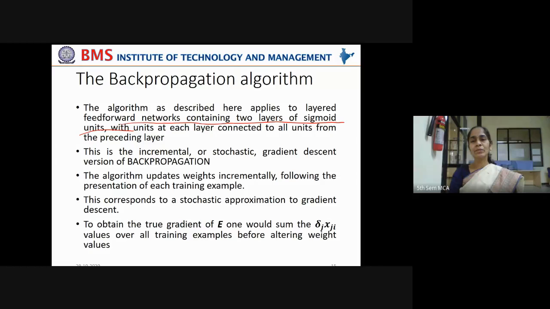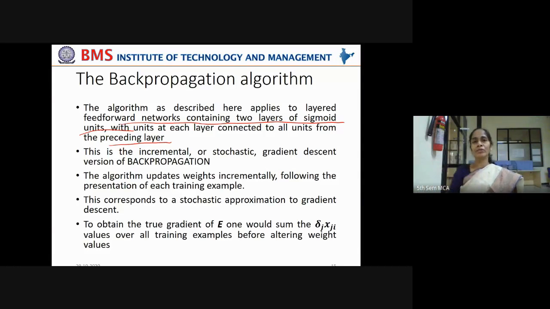What are these two sigmoid layers or sigmoid units? First hidden layer and the second hidden layer. First hidden layer is the first sigmoid unit. Second hidden layer is your second sigmoid unit, with units at each layer connected to all units from the preceding layer. Right? Every next layer will get the inputs from the previous layer, and this layer will further give outputs